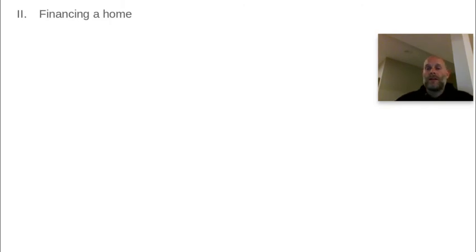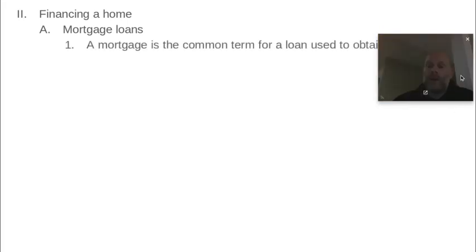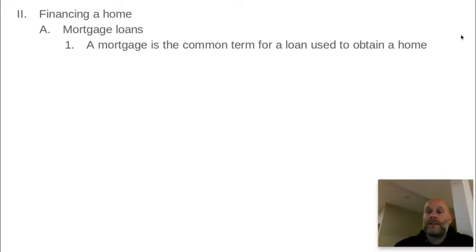All right. So financing a home. So mortgage loans, eventually in the vast majority of your lives, you're going to buy a home. So a mortgage is the term for a home loan. It's extremely similar to other types of personal loans that you'll get in your lives. It's similar to buying a computer at Best Buy. It's collateralized by the actual purchase itself, similar to buying a car, things like that. But a mortgage is a specific term that means it's a home loan.